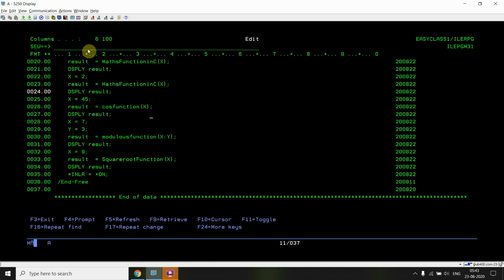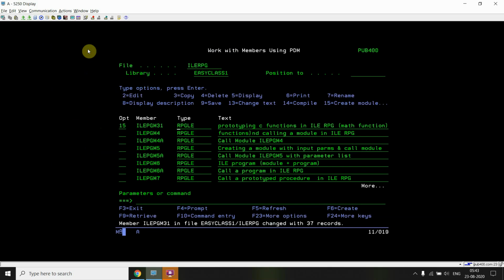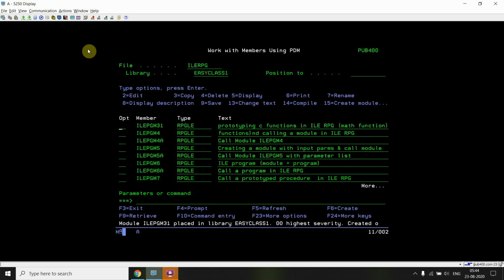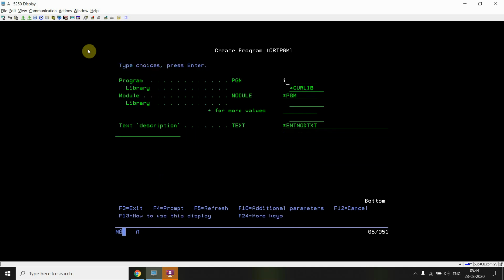So let's see. I'm going to compile this here. The module is created. Now creating the program with CRTPGM, ILE PGM31.